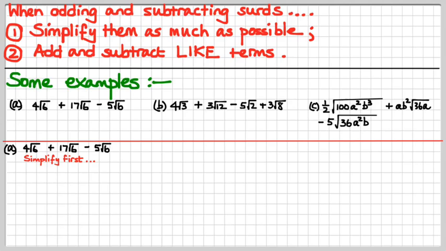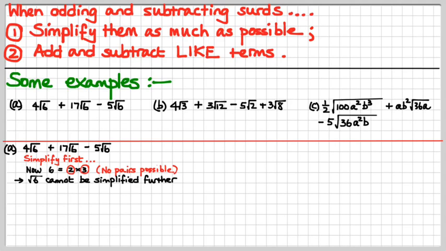Now we have to simplify this first, guys. That's the rule. Do you see the rule up there? Got to simplify first. So let's see if we can simplify. Well actually, 6 is just 2 times 3, and that's a prime number and that's a prime number. So there are no other factors anyway. No repeated factors, nothing that we can pair off to get out of surd jail. No pairs possible. So therefore, root 6 cannot be simplified any further,